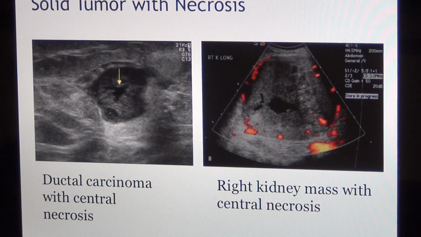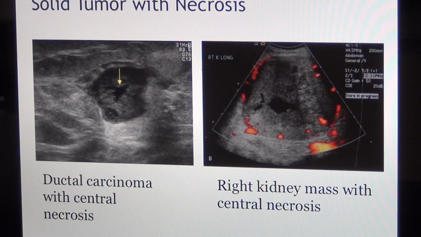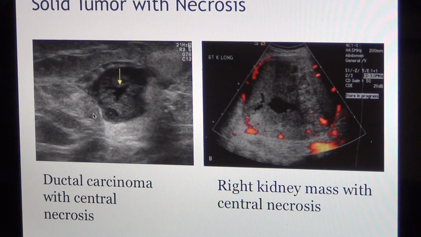Now solid tumor with necrosis. So necrosis means the cellular death. Now this is a mass, this is a ductal carcinoma with a central necrosis. Usually it is in the breast, an intraductal invasive type of carcinoma. If you look carefully, there are irregular borders. The necrosis started. Okay, and here there's a right kidney mass with a central necrosis, and you know the necrosis